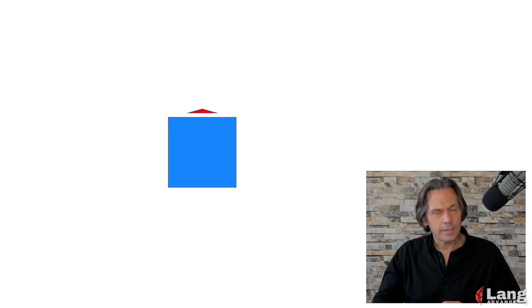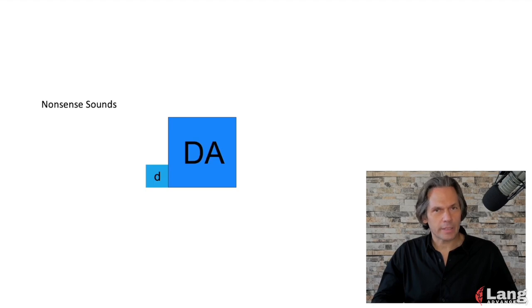Now let's add another syllable before the stressed syllable, and we're going to make this one quite a bit smaller. And let's get rid of the vowel peak for now, just for a second, to make this visual clearer. We're not saying we can't use a vowel peak in that syllable. We're just not including the symbol for now. And let's hear what this pattern would sound like. And to do that, let's use these nonsense sounds.